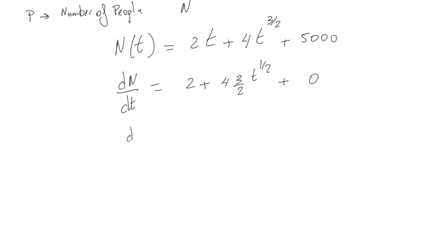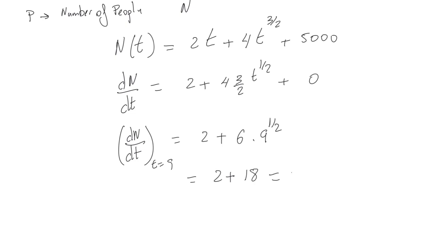The slope is the slope at the time T equal 9 months, is 2 plus 4 divided by 2 is 2, multiplied by 3, 6 times 9^(1/2). But 9^(1/2) is the square root of 9, and the square root of 9 is 3. And 3 multiplied by 6 is 18. So the slope is 20. But 20 what? 20 people